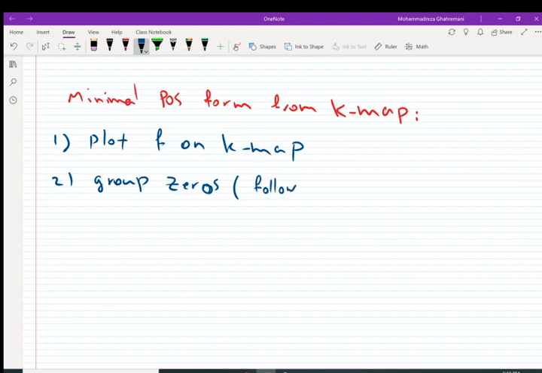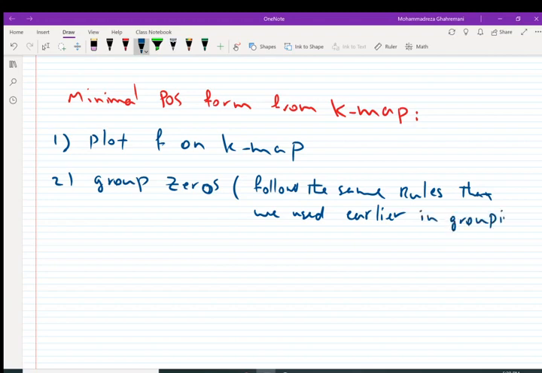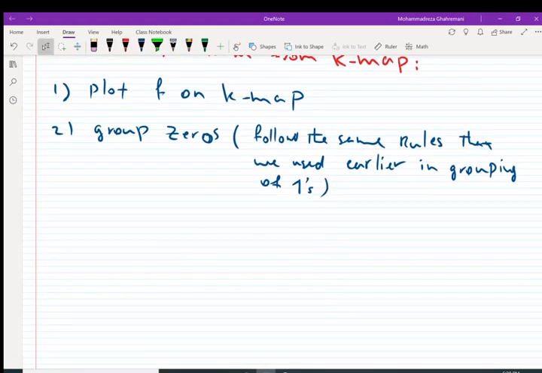that we used earlier in grouping of ones. Okay, same rules. Step 3,